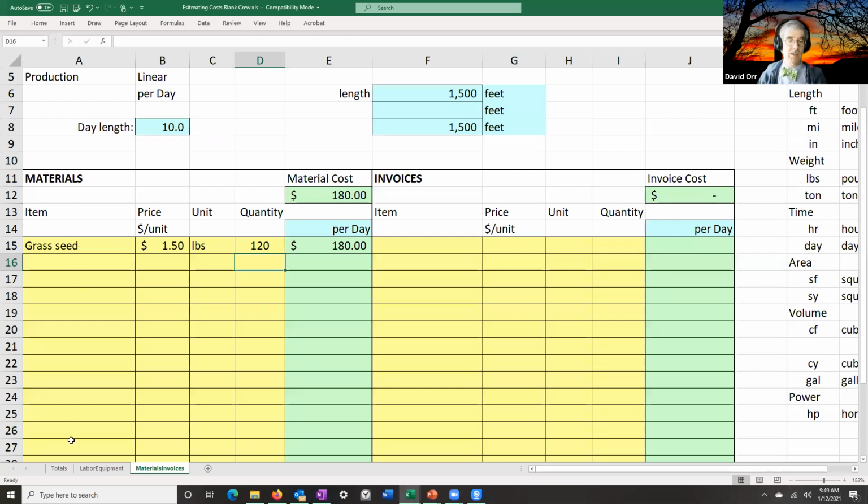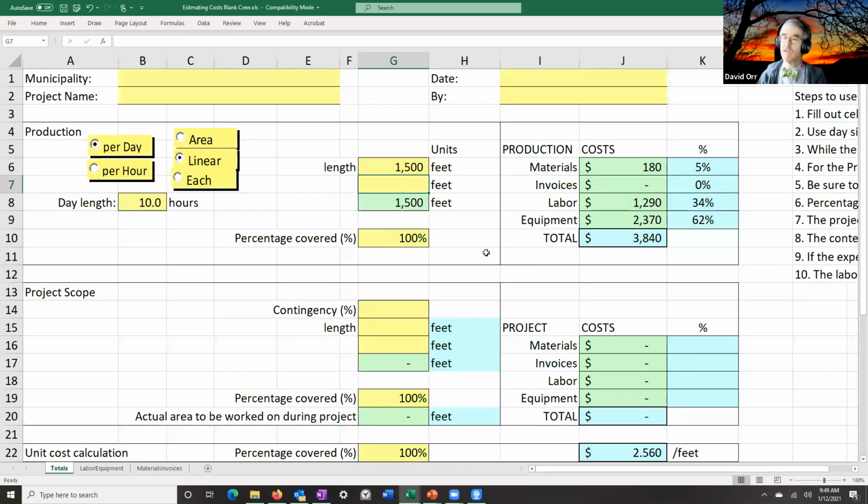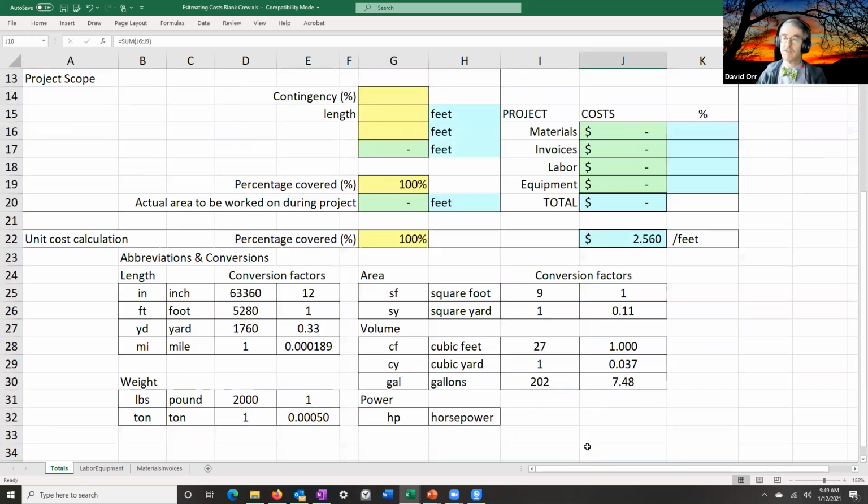Okay, so let's go back to our totals. So look at this. If I look at my total for ditching, most of the cost for ditching is our own labor and equipment. If you scroll down, it actually calculates the unit cost near the bottom. And I'll scroll up so you can see it. So it's about $2.50 per linear foot.